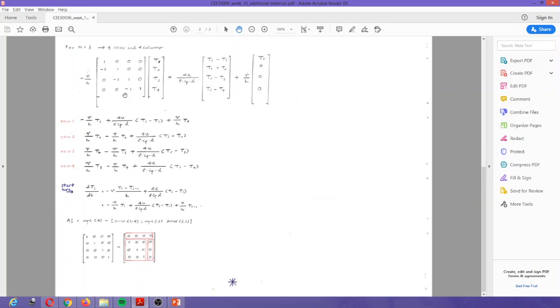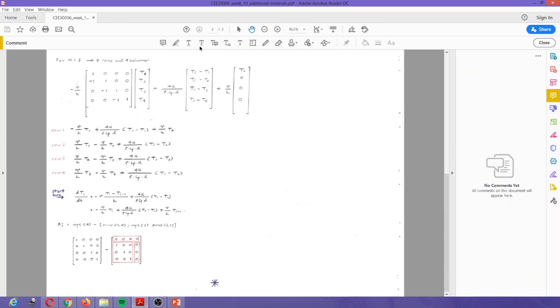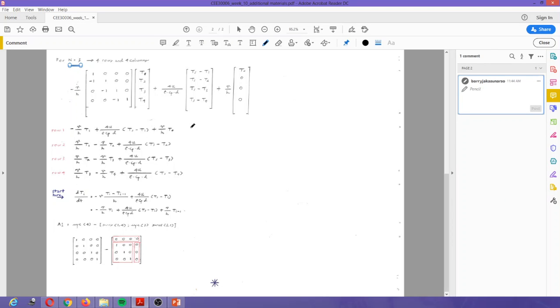Here, for example, we are deriving the case for 3 internal grid points. So this will be for the point i equal 1. This one is for i equal 2, this one is for i equal 3, and this one is for i equal 4.